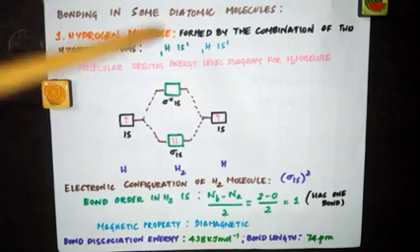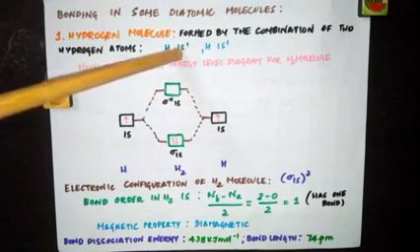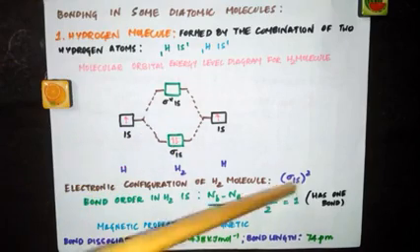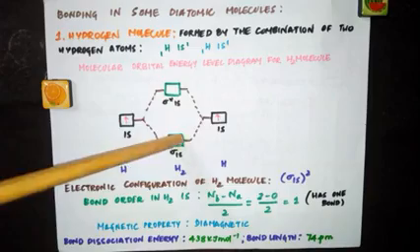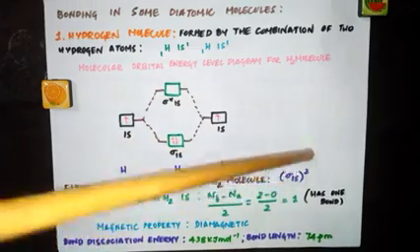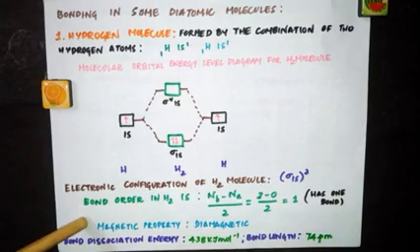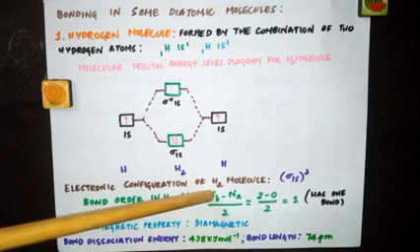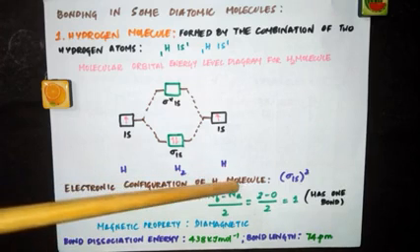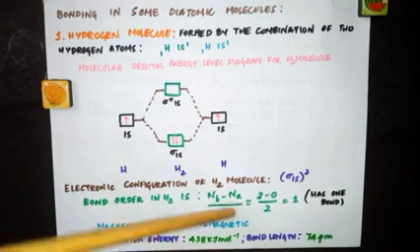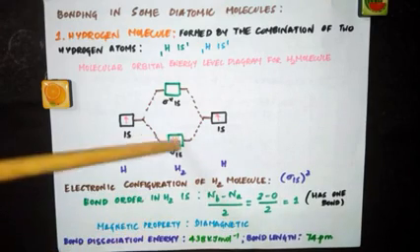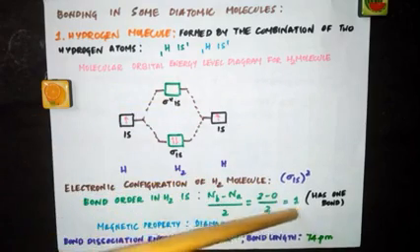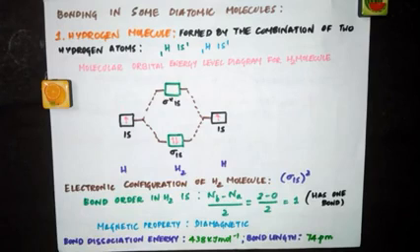So what is the configuration of hydrogen atom? 1s1. Now what is the electronic configuration of H2 molecule? Sigma 1s2. See, in sigma 1s, two electrons are there. Now how to calculate the bond order? Bond order in hydrogen is equal to, what is the formula that I told? Number of electrons in bonding molecular orbital minus number of electrons in anti-bonding MO, divided by 2. So in bonding we have 2 electrons, anti-bonding 0. So 2 minus 0 by 2 gives you 1, which means hydrogen molecule has a single bond.